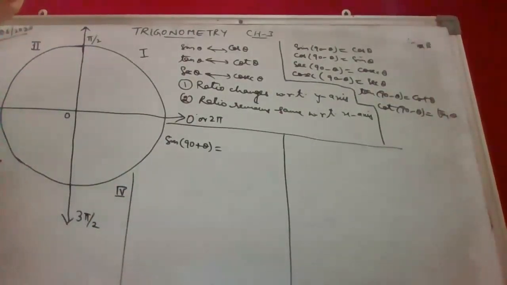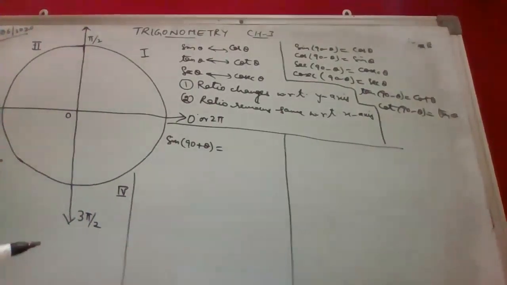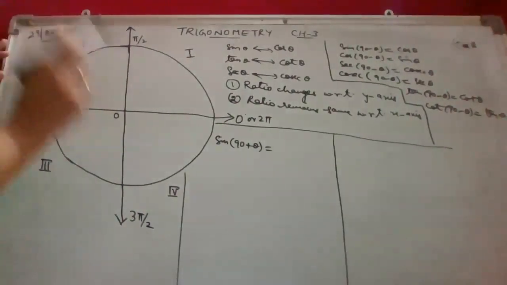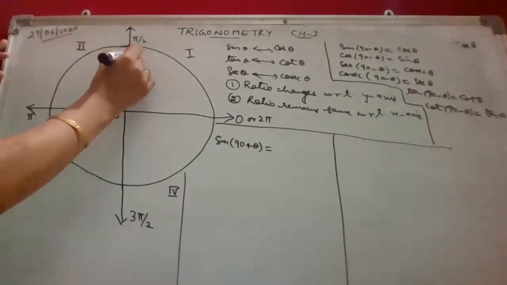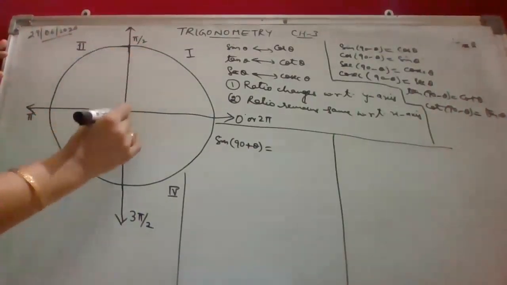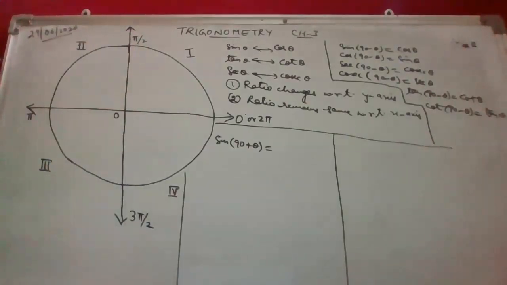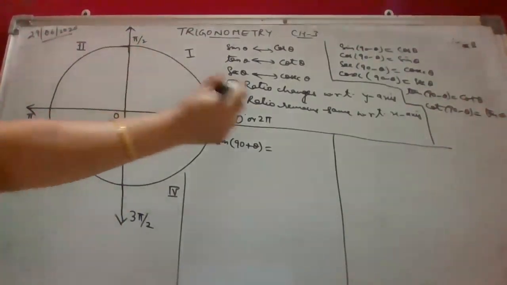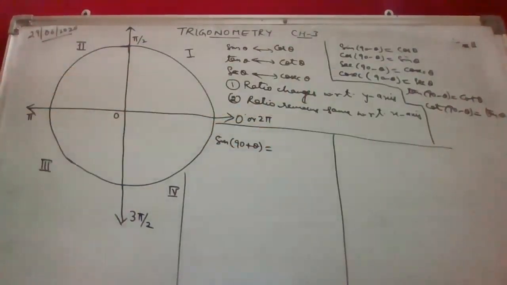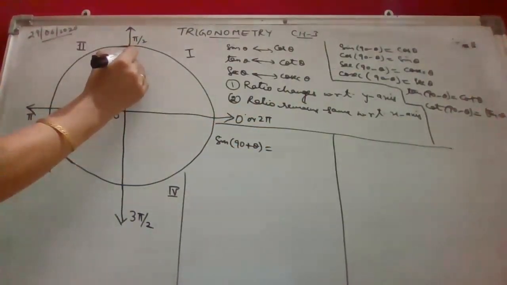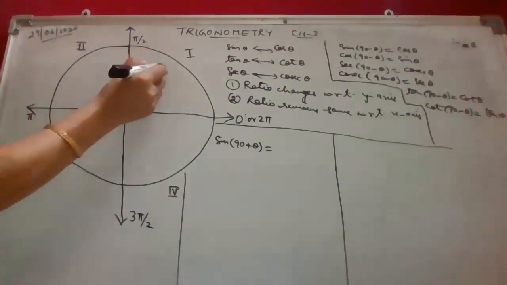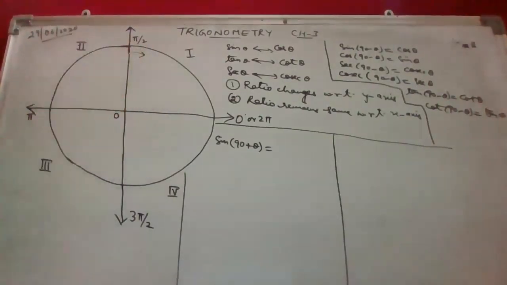Okay, now let's come to this part. Let us say we are on the y-axis, considering the angle on the y-axis, and we need to find sin(90 minus theta). We need to find an angle which is equivalent to sin(90 minus theta). So I told you two things: the ratio changes with respect to the y-axis. So whenever we are moving with respect to the y-axis, 90 minus means we'll be coming to the first quadrant.